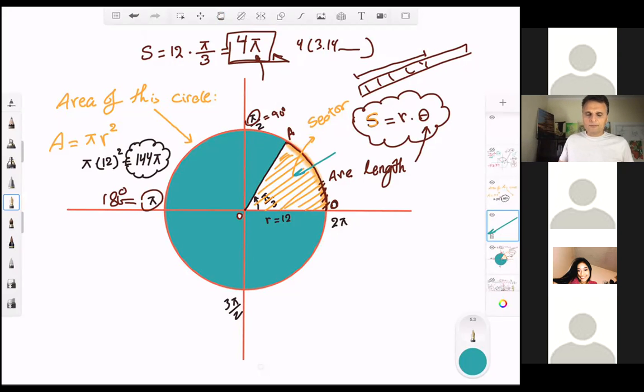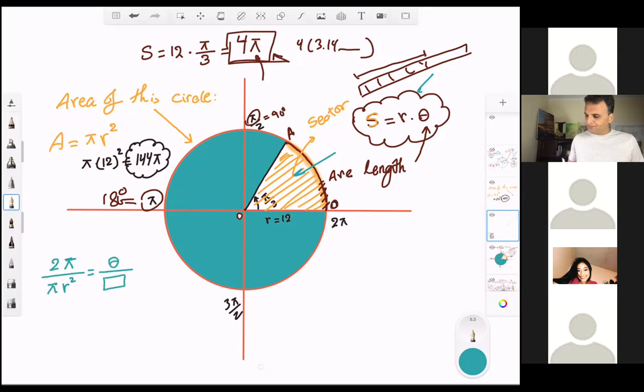The formula, so there's a formula same as the arc, and we plug it in and we solve it. But what's the algebra behind it? We can just use a proportion. We can say 2 pi over pi r squared equal to, if it is theta,